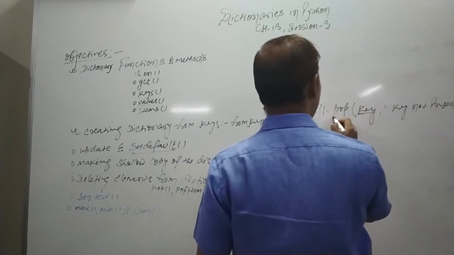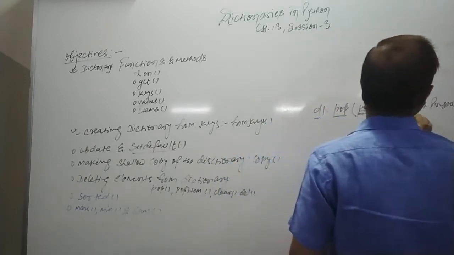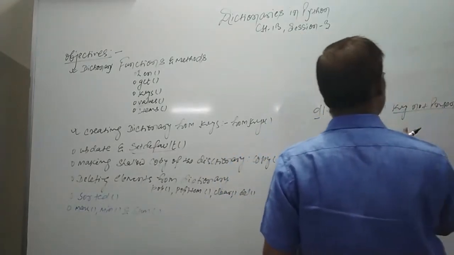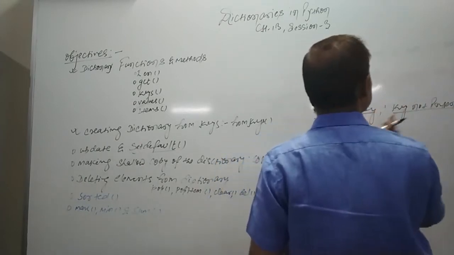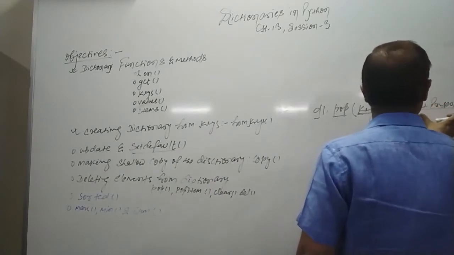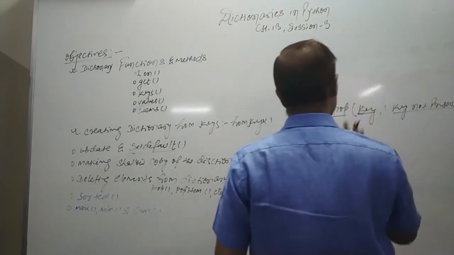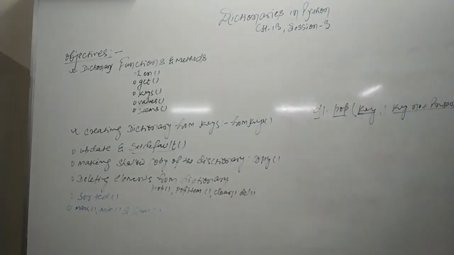So d1.pop means from d1 you want to delete a particular key, and the second argument is optional. You may give it, you may not give it. If you are not giving it, simply it will return the system defined message. Otherwise it will return the message that you write in the second parameter of pop. That is how to delete a particular key. It's not a tough task, easily you can do. The value is what you want to display.